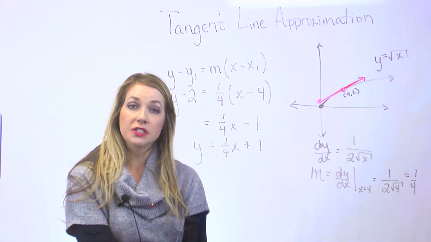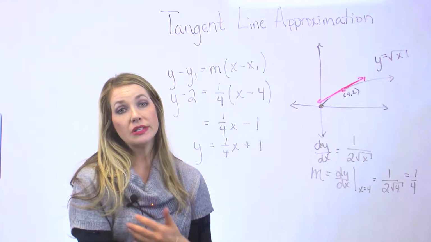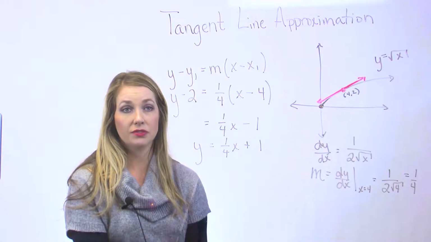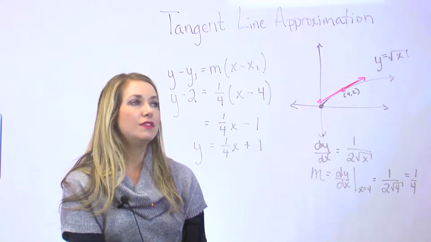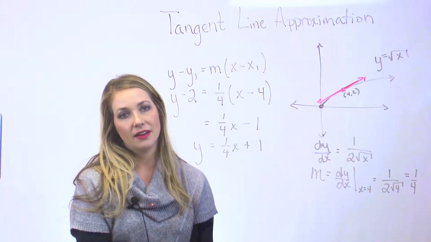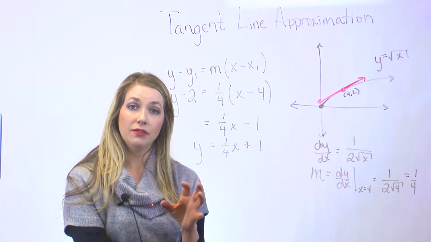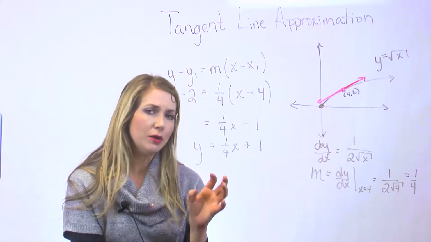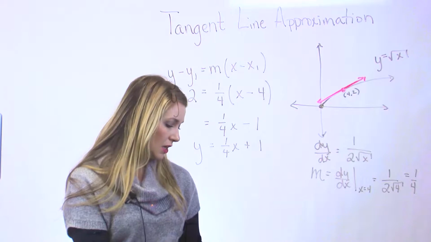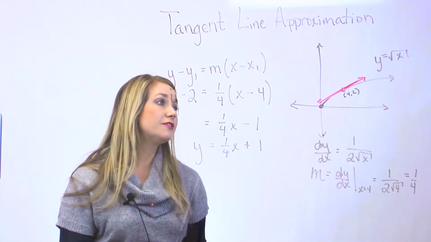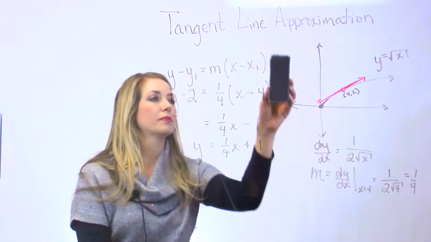What can be useful sometimes in applied problems is using the tangent line to approximate the curve. Now this curve isn't very complicated, but you could envision a curve that is very complicated, and that maybe you know its local behavior because you can analyze the derivative at one point, but you don't really know its behavior close to that. So maybe my goal at this point is to find something like